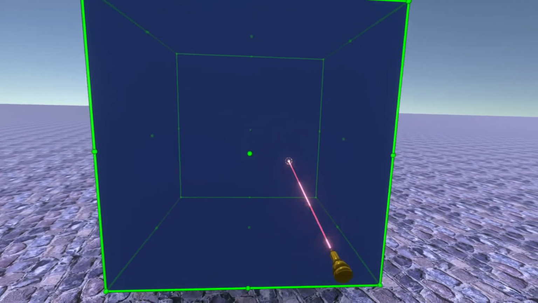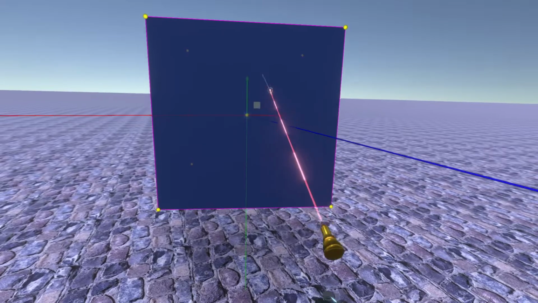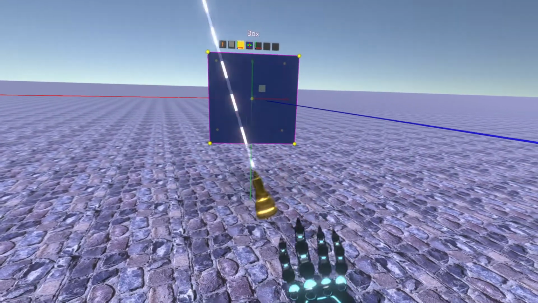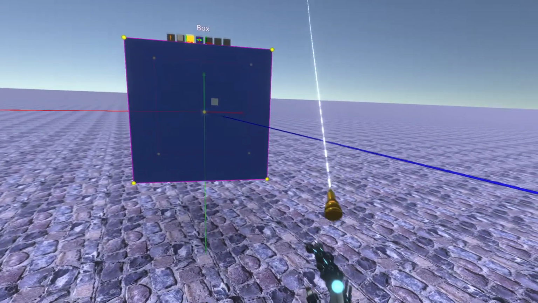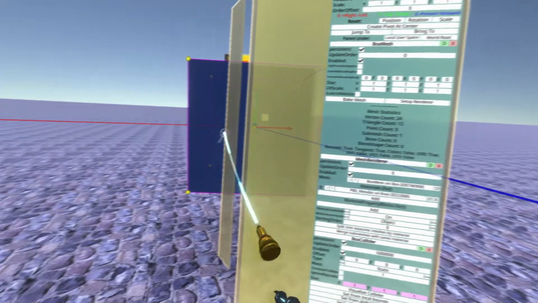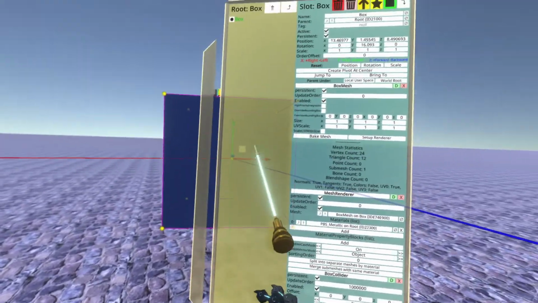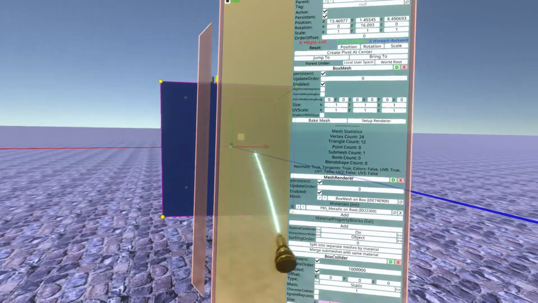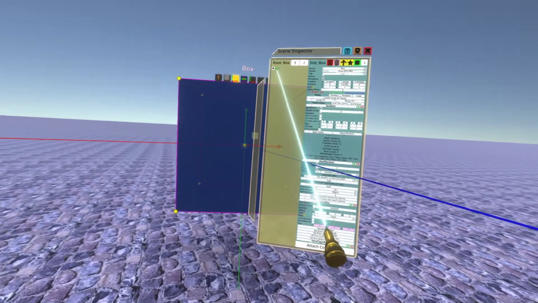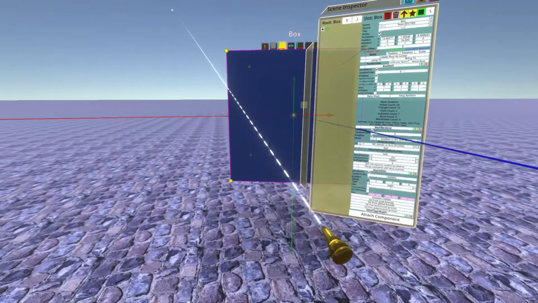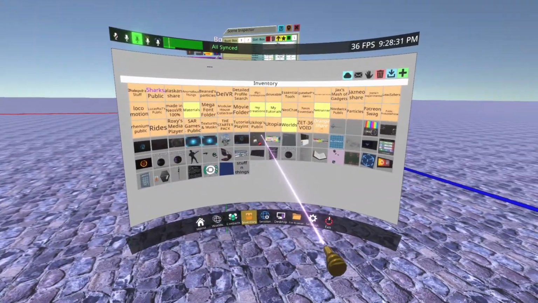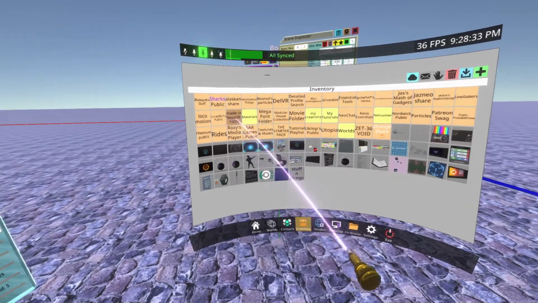I'm going to bring a box out again, and I'm going to select it with my dev tooltip. Again, I haven't moved away from my dev tooltip. Still have this. I'm going to hit my context menu, and I'm going to say Open Inspector. It's going to open the inspector for whatever is selected. Now, sometimes there are objects that are not the root of the object. As an example, I'll render my UI again. So as an example, if I go to, let's say,